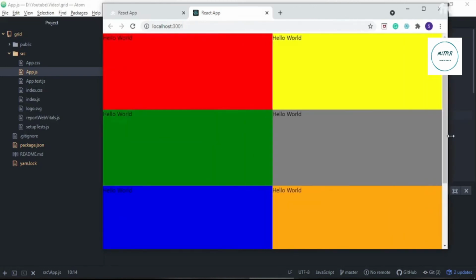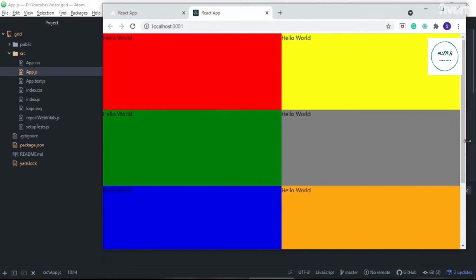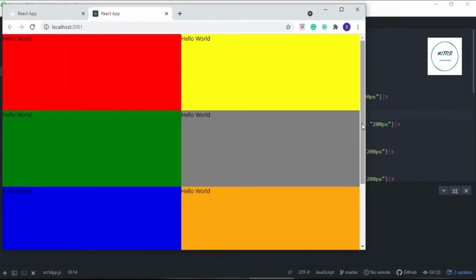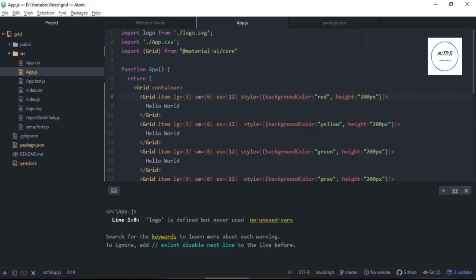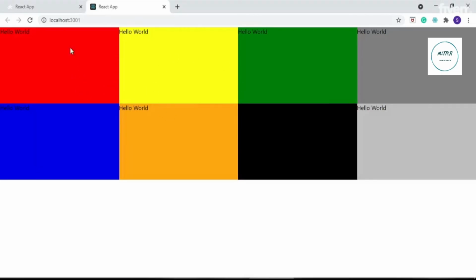So you've seen the power of Material UI and how it helps to make the website responsive. And the good thing is we haven't written much CSS to make it responsive. This grid element is doing all the magic behind the scenes, and we don't have to write any CSS to make it responsive. This CSS we have just written to present on the screen because we don't have any content to put right now.